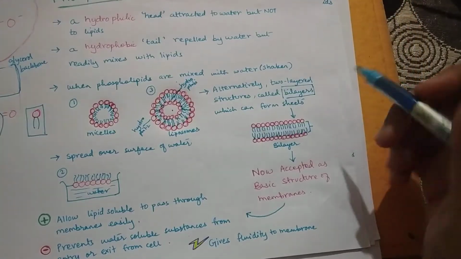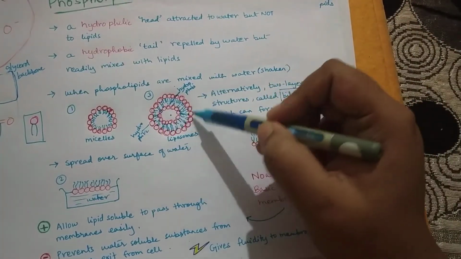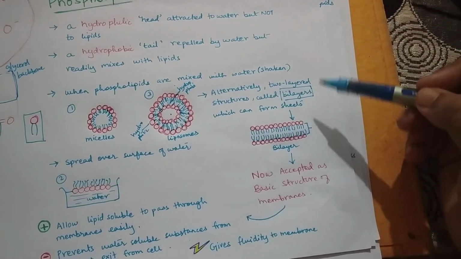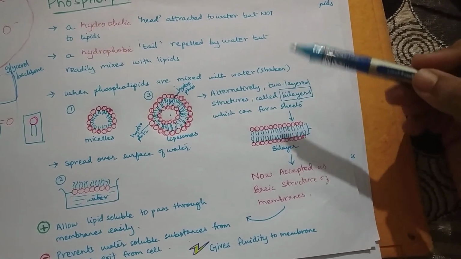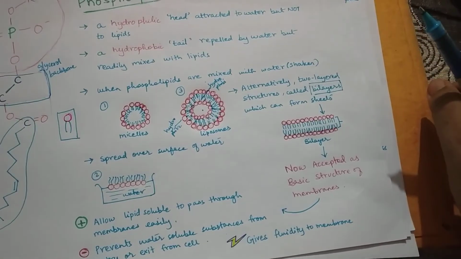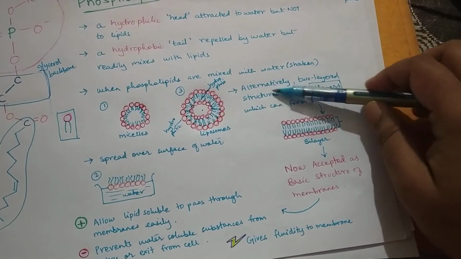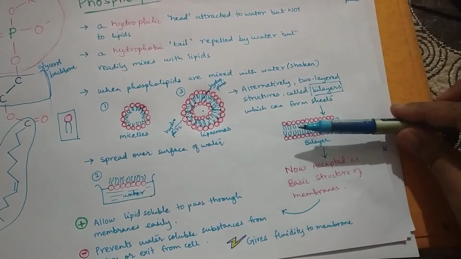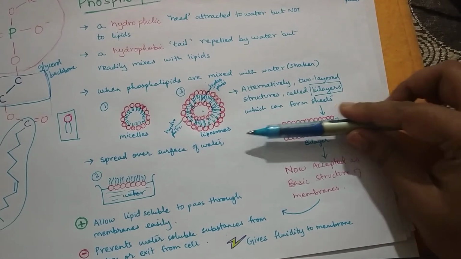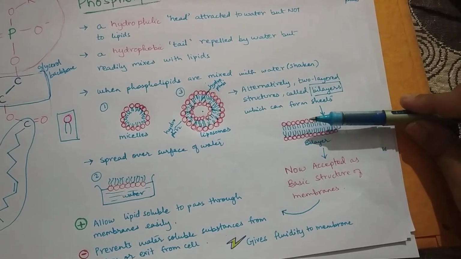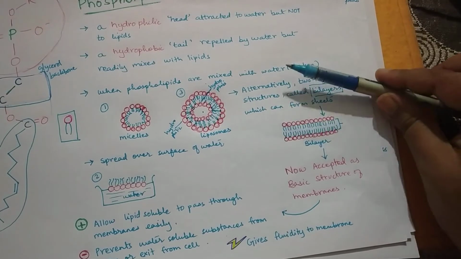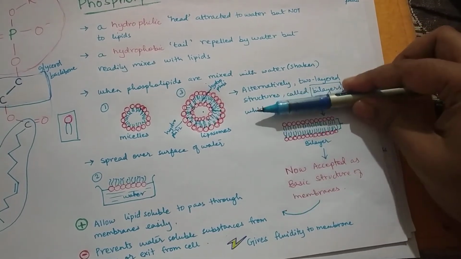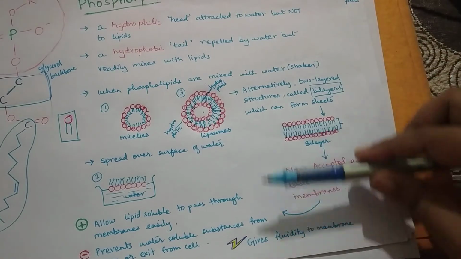Now, the bilayer can be in the form of a sphere or a ball, or it can be flattened as a sheet. So if there are lots of lipids that I am trying to lay on the surface of water, then they will form a sheet like this. And when they form a sheet of bilayer, you can clearly use this as a boundary to separate two environments. An environment on this side and an environment on this side.